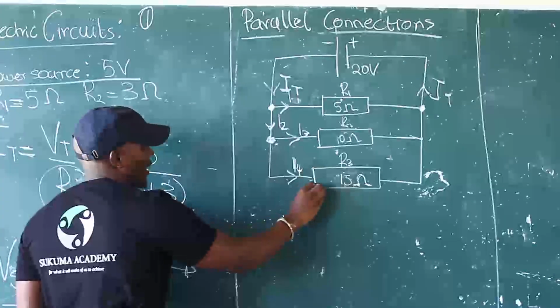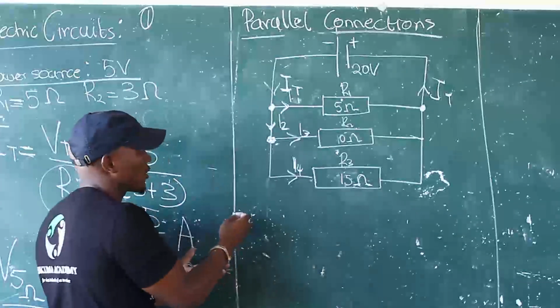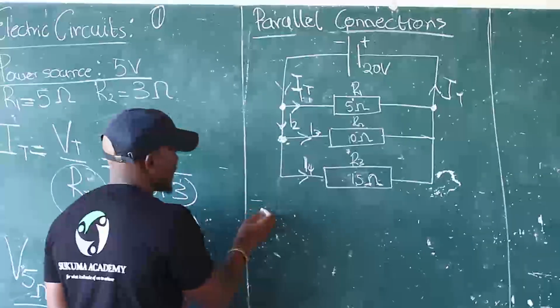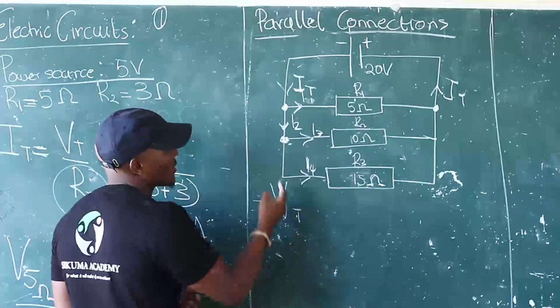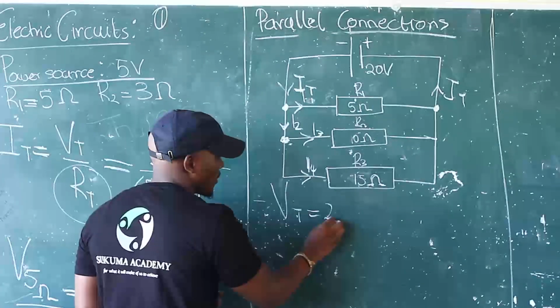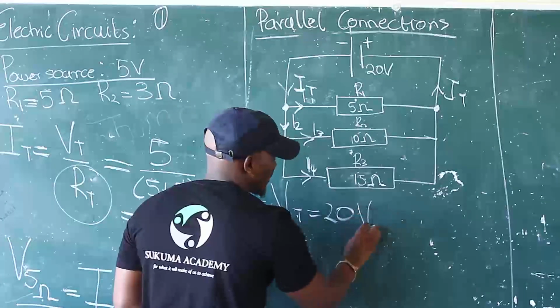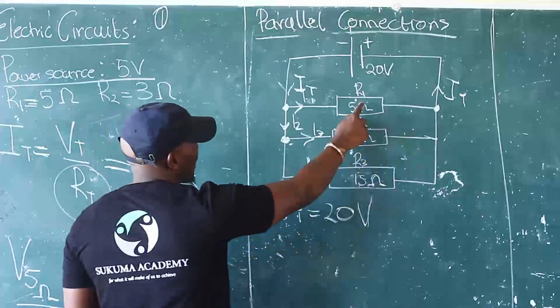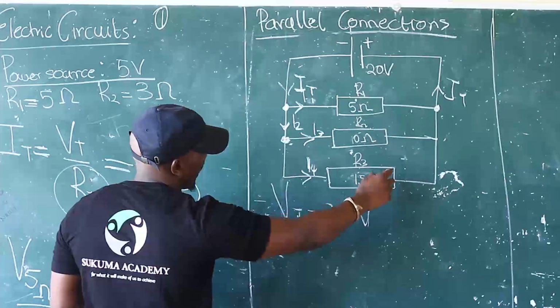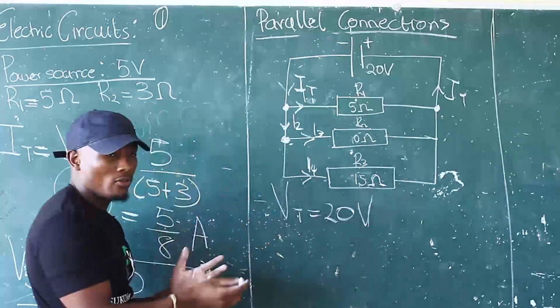So now, in order for us to calculate the current throughout the whole circuit, the only thing we're given in the data is V total, which is the voltage from the power source, which is 20 volts. And we're given 3 resistors. One is rated 5 ohms, 10 ohms, and 15 ohms. In order for us to calculate the equivalent resistance,